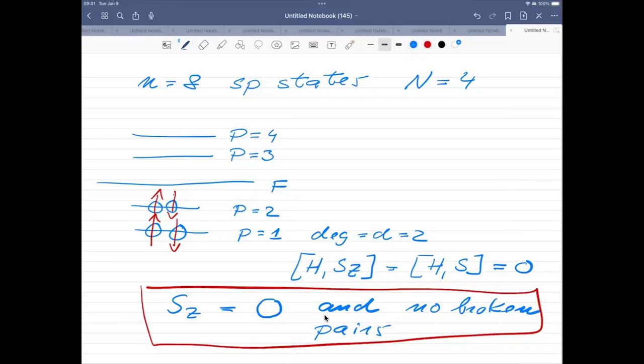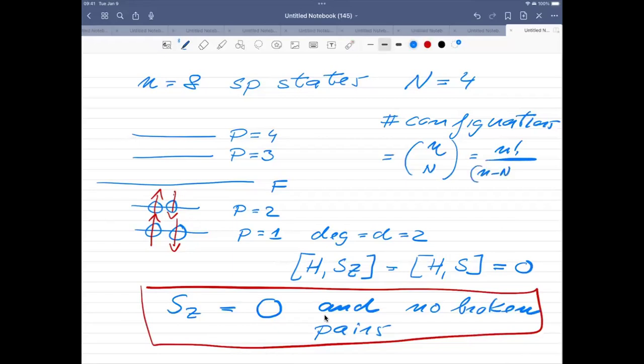Because when we look at the problem which we have in the project, we would have the number of configurations, which should then correspond to all the possible Slater determinants which we can make. So the number of configurations is going to be given by the binomial factor, n choose m, which gives us n factorial divided by n minus m factorial times m factorial. And this will give us in total 70